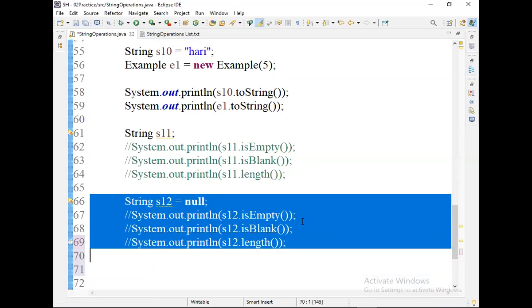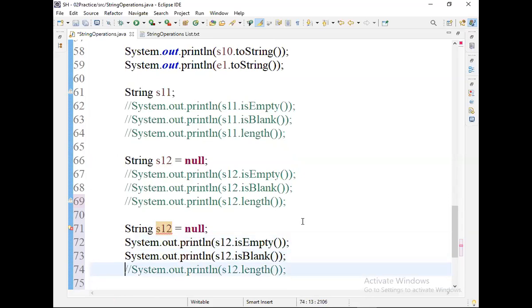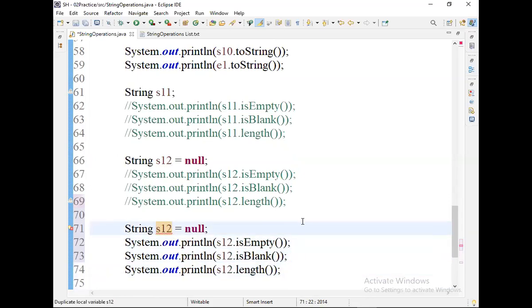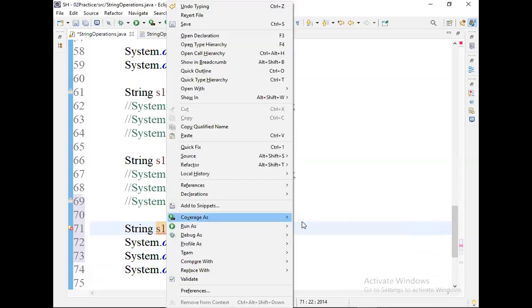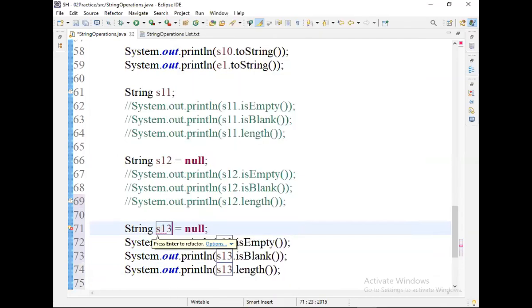Now, same program, copy paste as s13. Right click, refactor, rename to s13. I am placing null in double quotes.